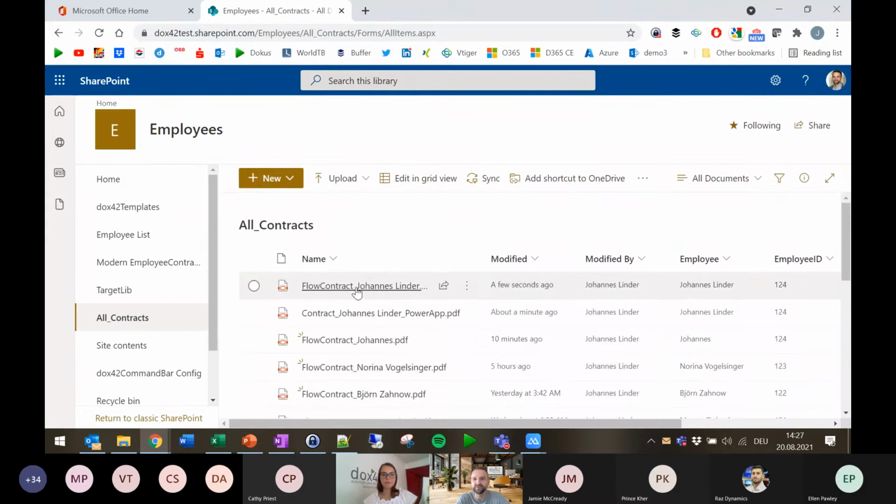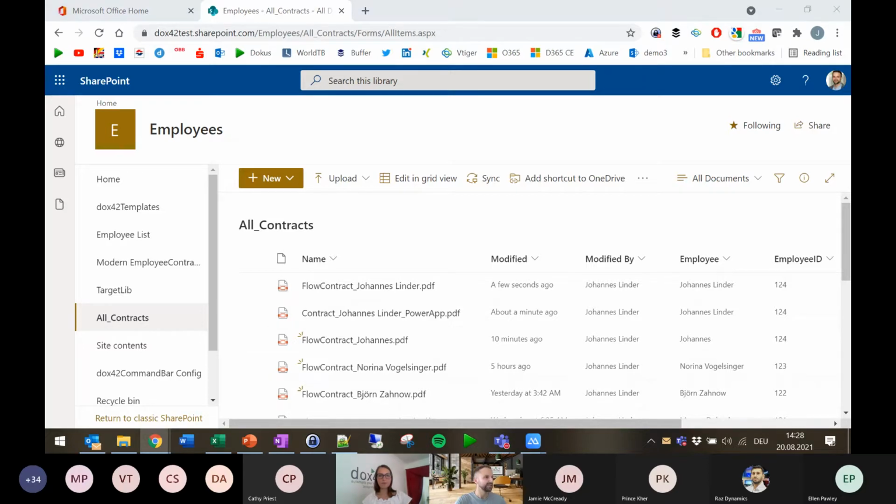You will see there is now a new flow contract, which is the flow triggered from Power App that will output that very document into the SharePoint library directly, with another option of that automated process. Like we've seen with Marina, there is the option for the manual generation with all the output options, and there is the option with the flows based on any configurations that you have already in here.